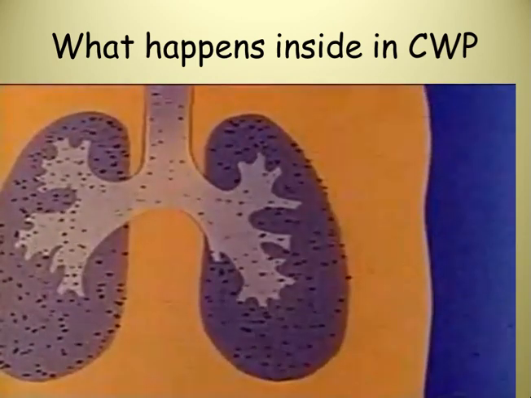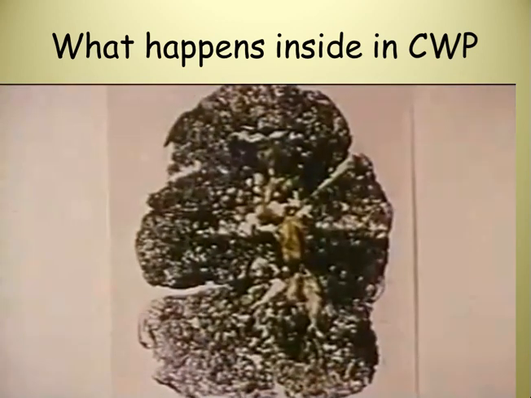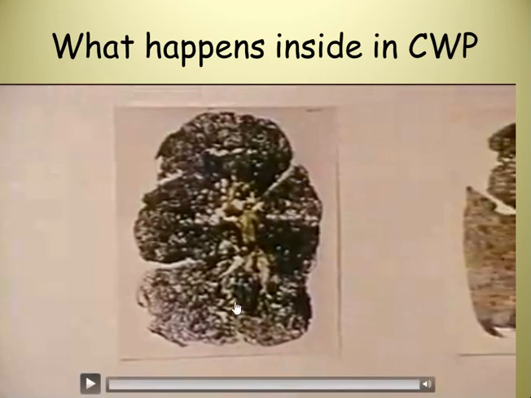progressively accumulate this dust. Now, since the color of the coal is black, finally the lung itself becomes black, as can be seen on the screen right now, and it is exactly for this reason that the disease is also termed black lung. Have a look. This is the lung, which is completely black in color. These blackish areas are the areas where there is a high density of distribution of the pathological structure called the